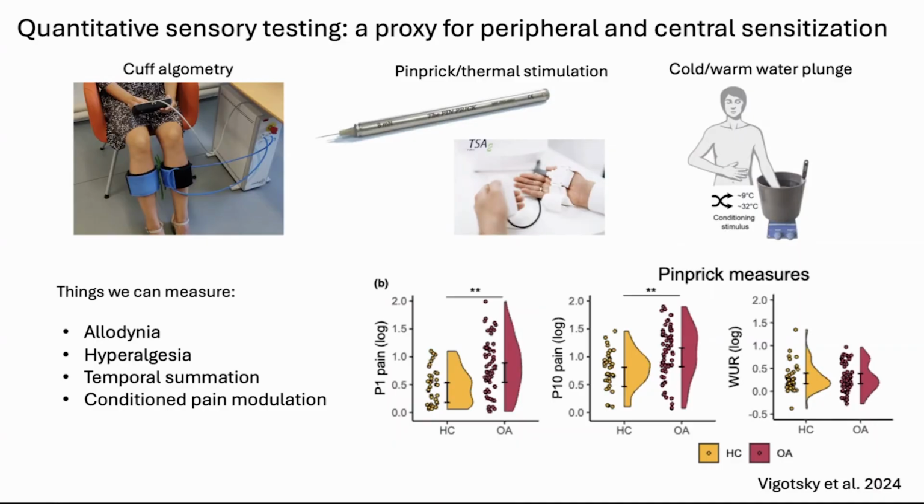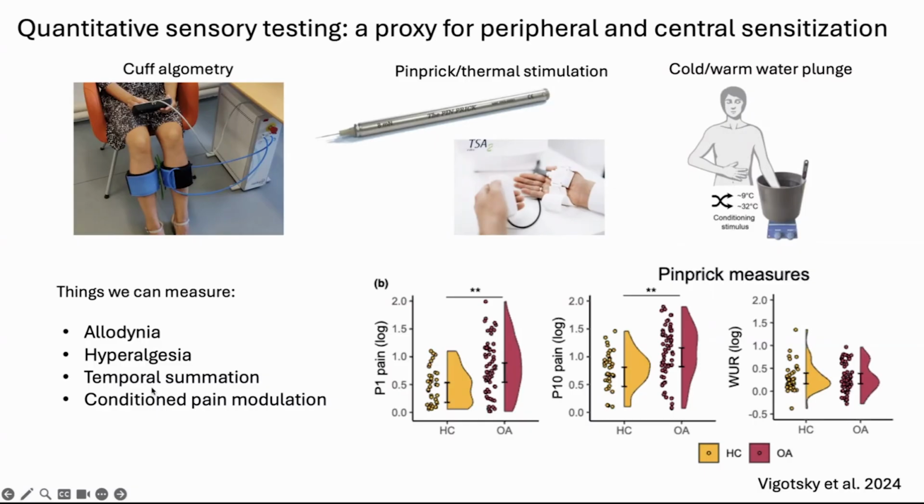Now, this approach is often referred to as quantitative sensory testing, and it has been extensively researched. The general concept involves using either pressure or heat to induce pain in specific ways that allows us to measure phenomena such as allodynia, which is a response to low-intensity, non-noxious stimulation, such as light touch or non-painful heat. But we can also measure pain thresholds to determine, for instance, pain sensitivity and tolerance. There are also a bunch more measures that look at dynamic properties, such as, for instance, wind-up.